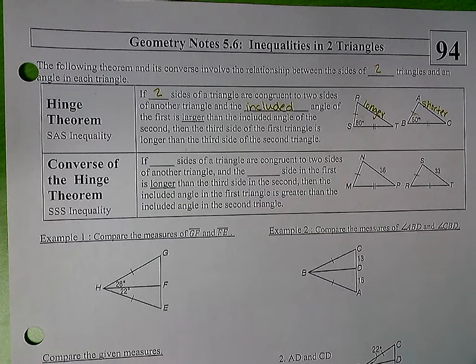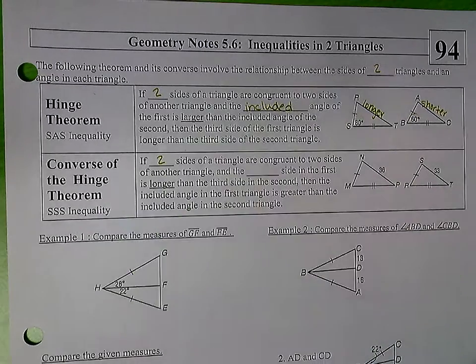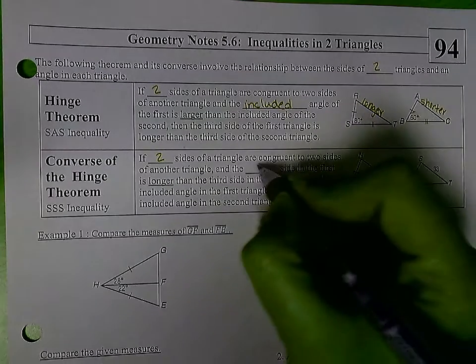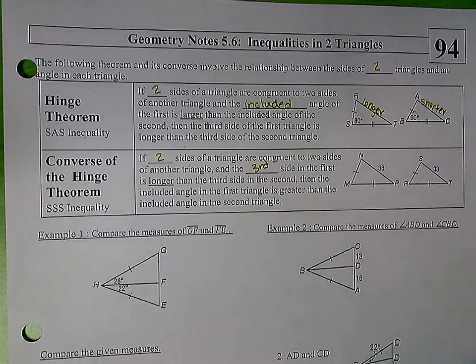Okay, and then we have the converse of the hinge theorem. Okay, that's using side, side, side inequality. So if two sides of a triangle are congruent to two sides of another triangle, and the third side of the first is longer than the third side in the second, then the included angle in the first triangle is greater than the included angle in the second triangle. So it's the same thing, but now you're given the sides' length, and you have to see which angle is larger. So in my picture here,